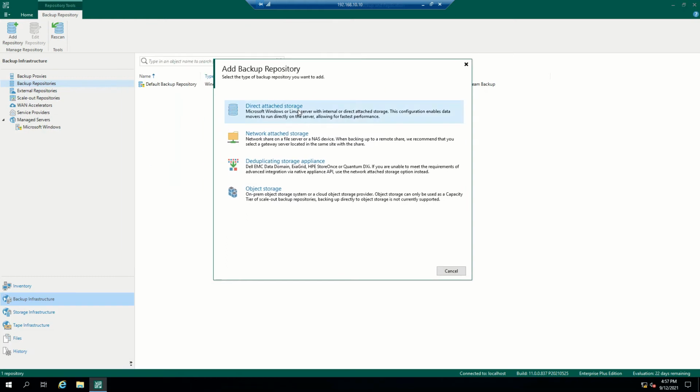So just right click and add repository. You will have most of the options. Direct attached means if you have a storage volume attached to a particular server, you can select this option. You can use a NAS device as a backup repository. You can use a deduplication appliance like HP StoreOnce or Dell EMC Data Domain, which is an appliance deduplication device, which can also be supported by Veeam Backup and Replication. And also you can add object storage